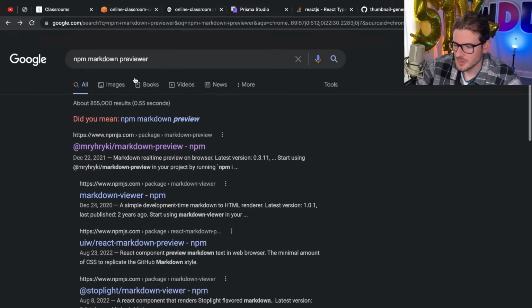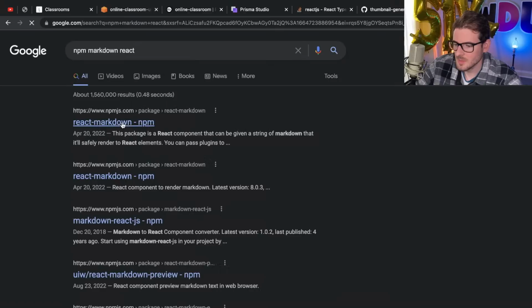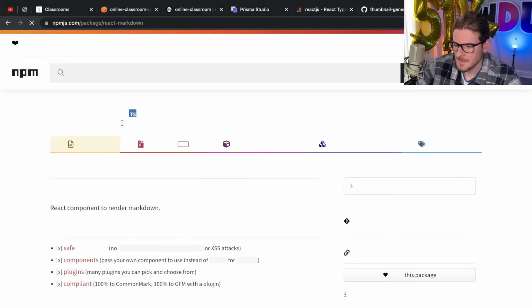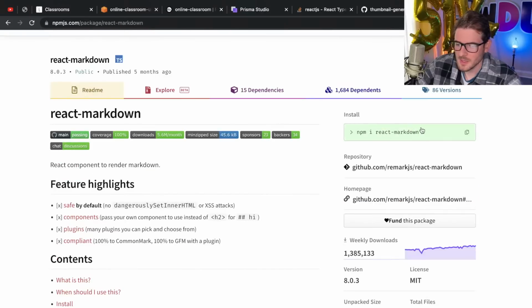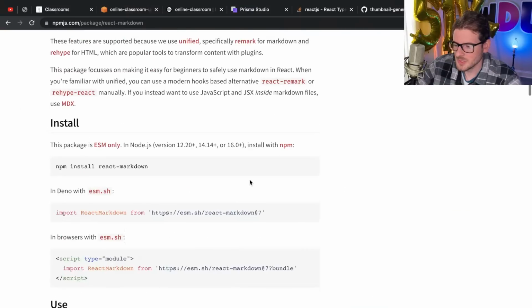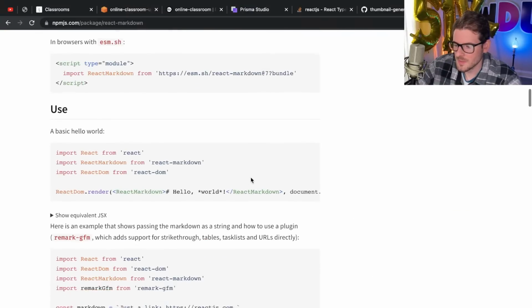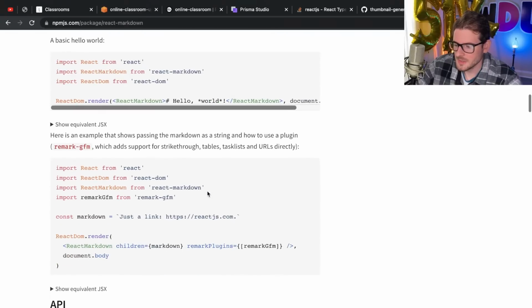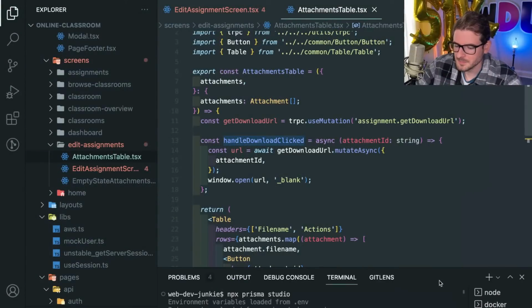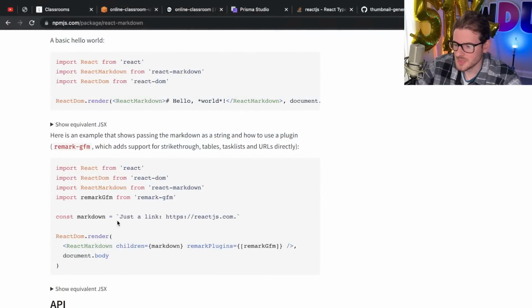Okay, why are there so many low ones showing up? I don't get that. npm React Markdown. How about that? This has 1 million downloads. Okay, this one's probably a little bit more what we want. I'll trust that it's good. So how does it work? You import it, you pass in Markdown, you render it. Yeah, this looks good. So if I wanted to allow teachers to write the descriptions for their assignments in Markdown,